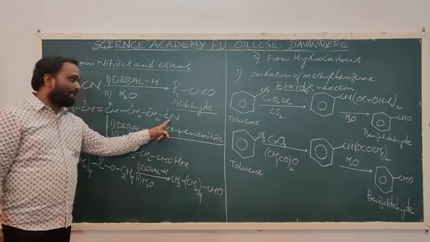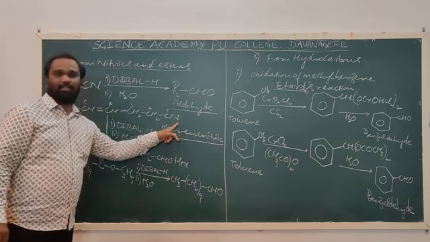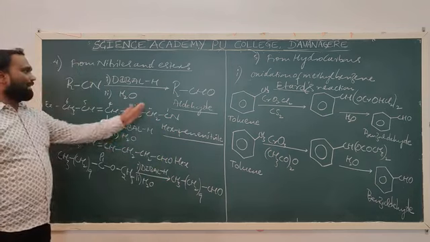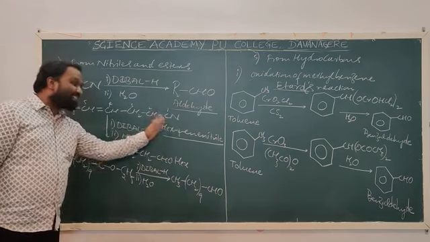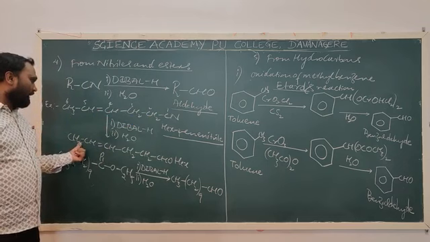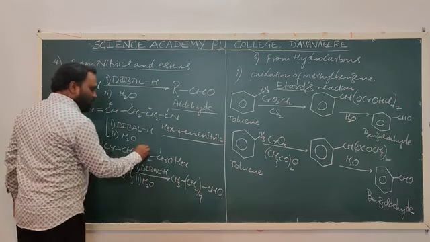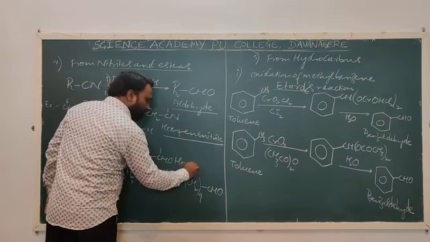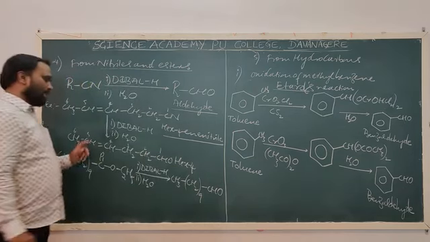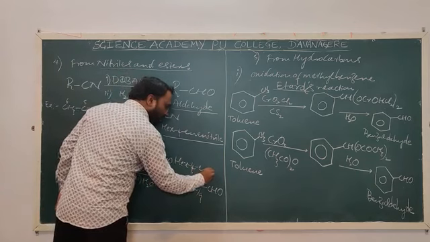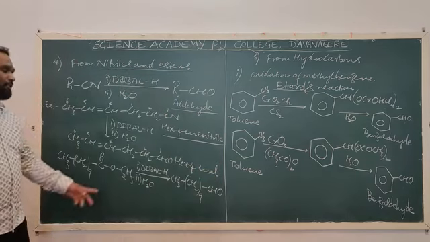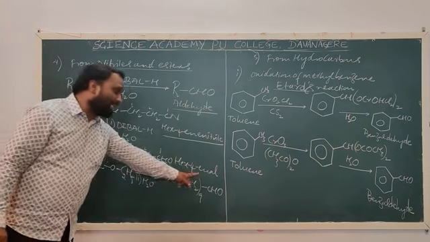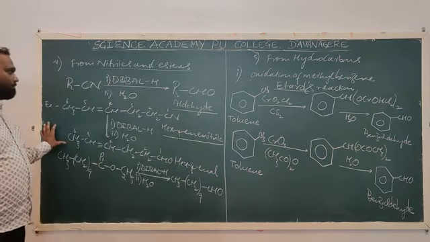Just CN is converted into CHO. That is the only part which is taking part in the reaction. Remaining group remains the same. Therefore, if you number this 1, 2, 3, 4, 5, 6 carbon atoms, it is hex. At position 4 we have a double bond, so it is ene. Because of the presence of the aldehyde functional group, it is al. So hex-4-enal. This is the reaction.